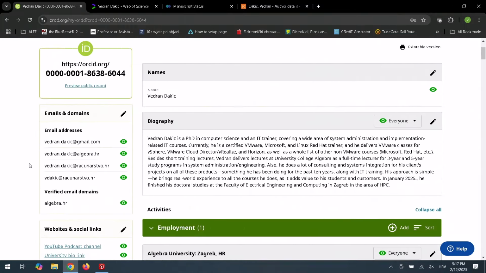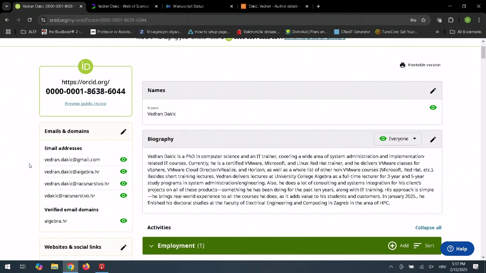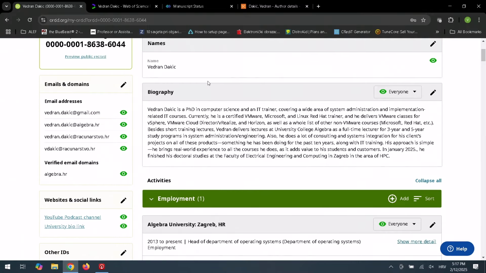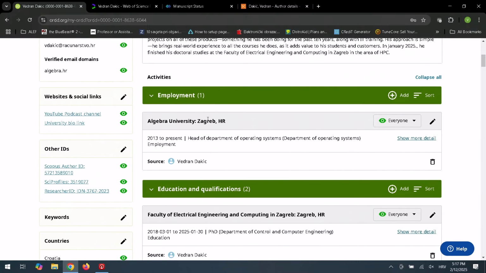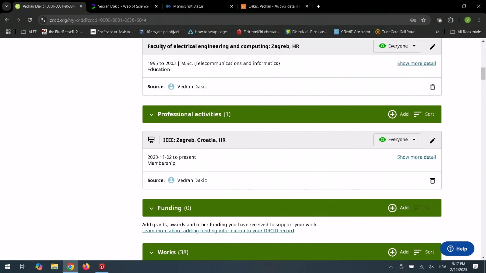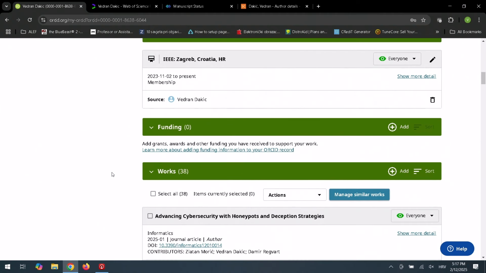Anyway, in the ORCID, there are certain logical parts that you fill in, like your email and your websites and whatnot. You add your name, biography, employment history, education, qualification history, whatnot, if you're a member of some kind of professional organization and if you are part of some kind of funded project. And then there are two super important things. I only have one because the synchronization still hasn't happened. The first one is works.